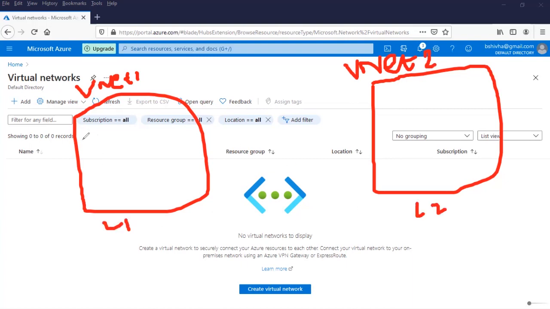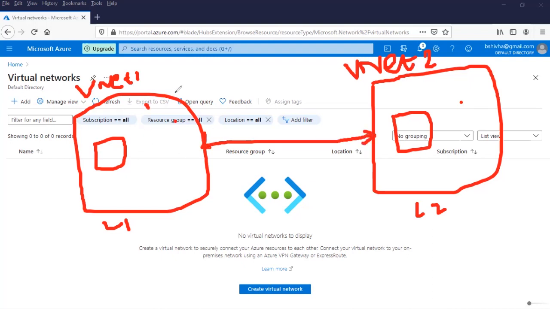In each VNet, I'm going to create a VM. Assume we have multiple servers, but as part of this learning, we are going to create only one VM here, and another VM there. Remember, this location is different, this network is different. I'm going to establish the pairing connection here.